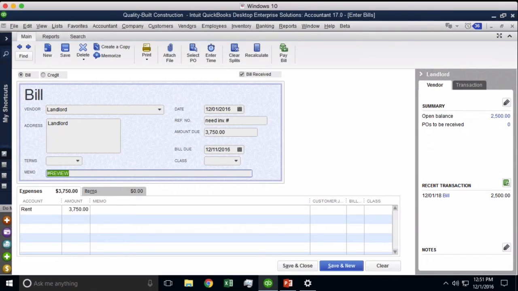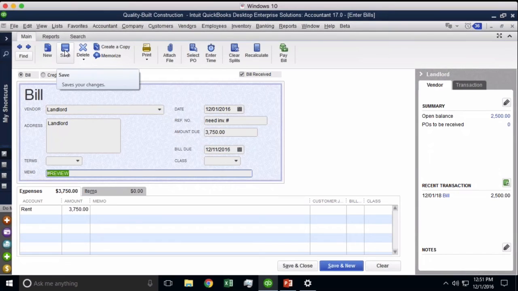So although rent is pretty self-explanatory, I don't think it requires a whole lot of additional thought, whether or not your rent should be in your QuickBooks or not. But for other types of bills or other types of memorized transactions that are being created automatically, I think it's good for that tag to be there just so it can show up in a report, and I'll show you how that works briefly. So once I create the bill,